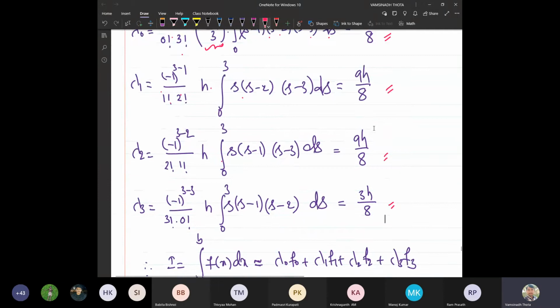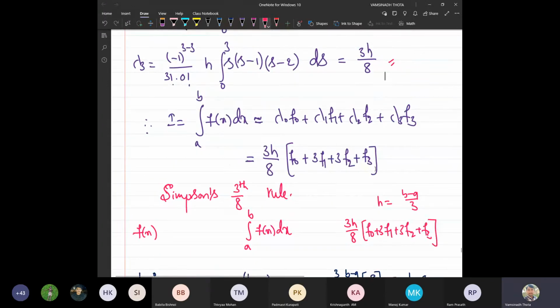Okay. So though I have evaluated already, just to save a little time, it is your duty to evaluate the integrals and obtain what lambda 1, lambda 2, and lambda 3 are, everything. Okay, fine. So finally, what is the idea? The idea is to evaluate the integral from a to b of f of x dx. That can be approximated with this expression. That is what we have already seen.